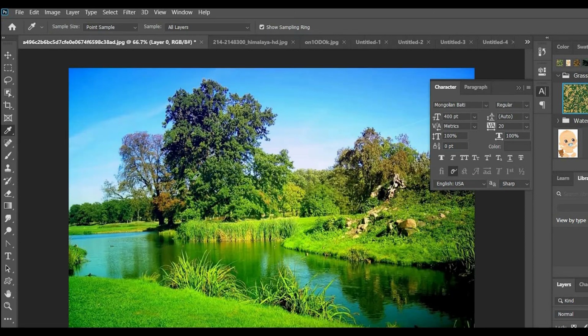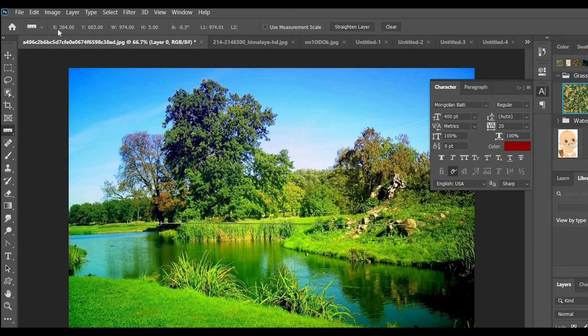Before that I am selecting one image, right? So the ruler tool. This tool is used to measure between two objects. See, I am going to measure from this tree to this stone.